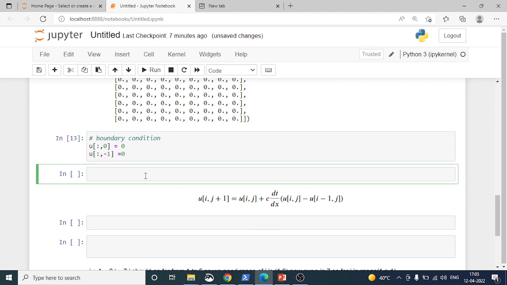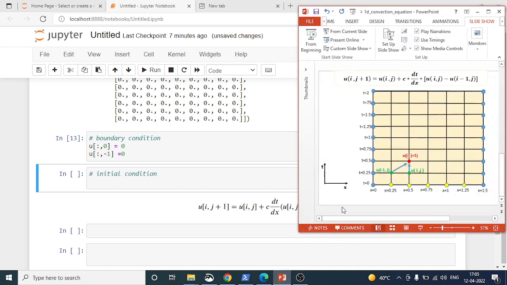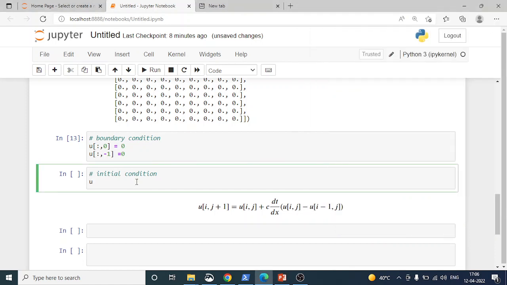Now let's define our initial condition. Initial condition is in the computational domain, like this is our time. So initial condition is the condition of the velocity at t equal to 0. So it is a matter of defining the last row. So let's define it. U of